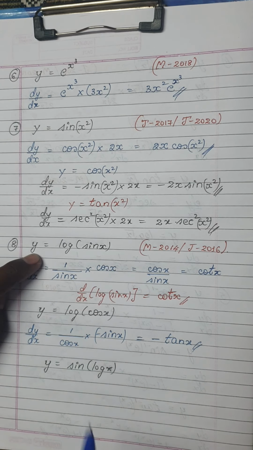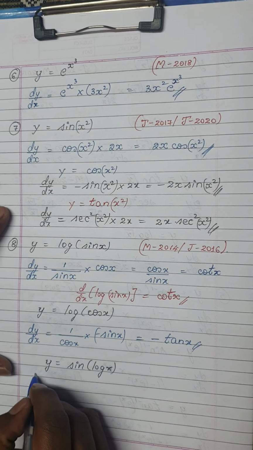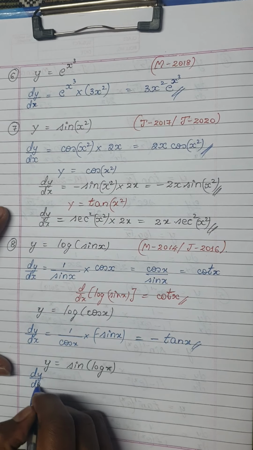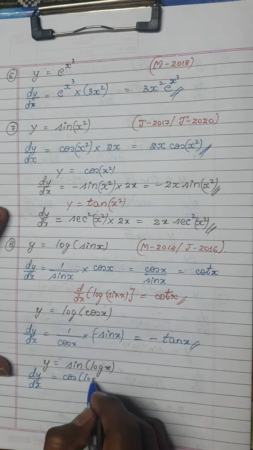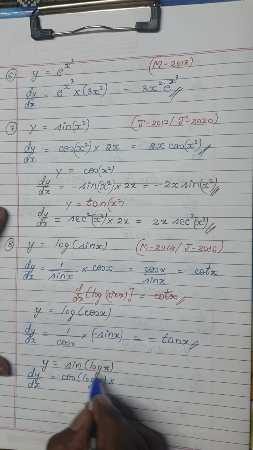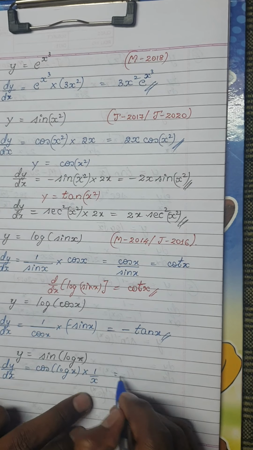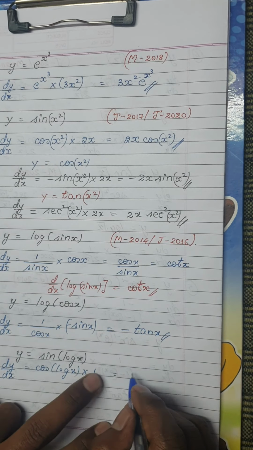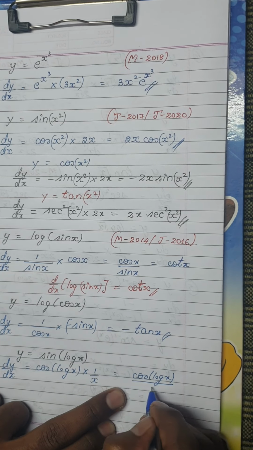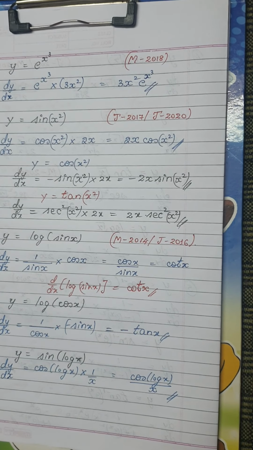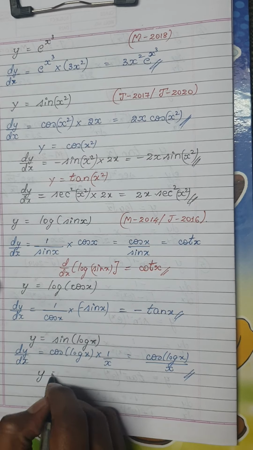Now this question was y is equal to log of sin x, but here look at this, this is sin of log x. Very simple one. Now what is derivative of sin? So derivative of sin of log x is nothing but cos of log x into derivative of log x. What is derivative of log x? It is 1 by x. So finally derivative of sin of log x is nothing but cos of log x whole divided by x. In case they ask you maybe cos of log x.